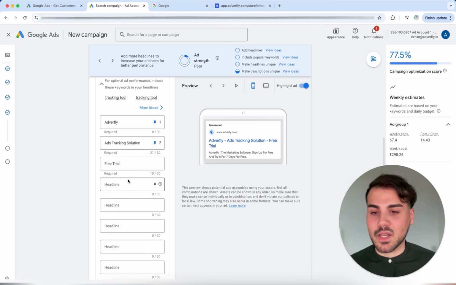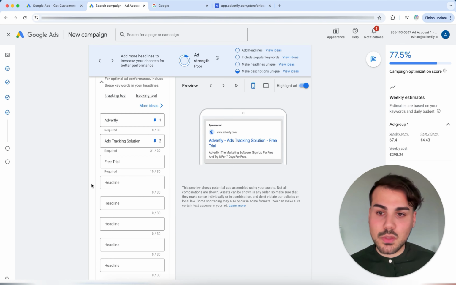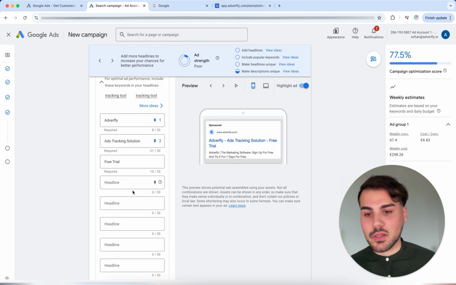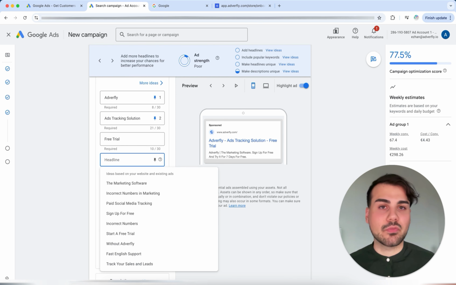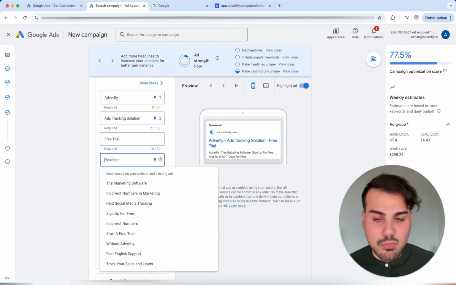Then of course you can add other things if you want. The reason is quite simple. You can add many headlines here, because if you don't fix this or add other words down here, for example, if I want the free trial or GDPR compliant, then I can write that in here too.